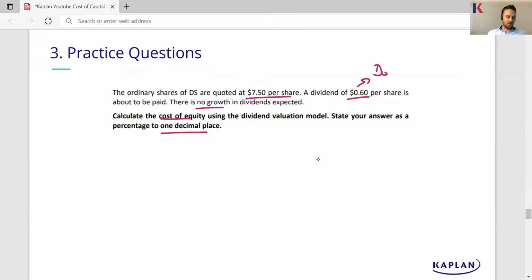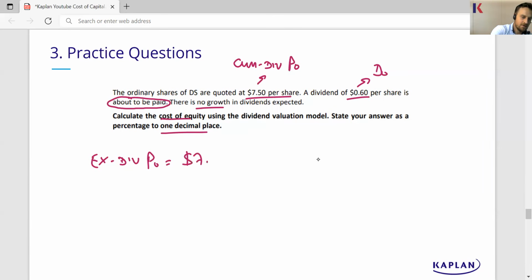The key thing that you've got to watch in this question is the fact that a dividend is about to be paid. That's the trick in this question that we just got to watch out for, because what that tells us is that the share price is what we call cum div. Because the dividend hasn't yet been paid, that share price still has that dividend attached. It still includes the potential of that dividend that's about to be paid. So to get the ex-div share price, the ex-div P0, what we need to do is 750